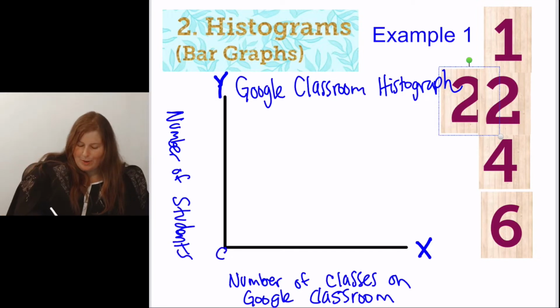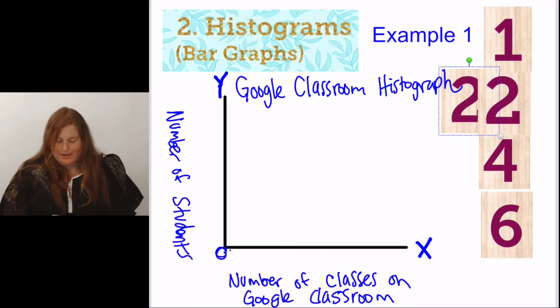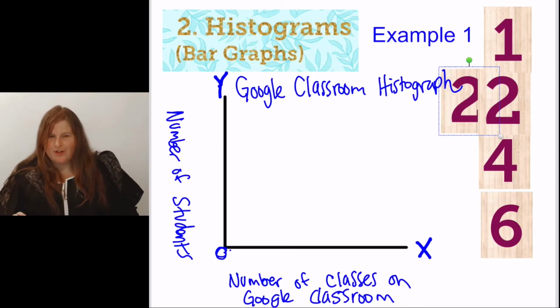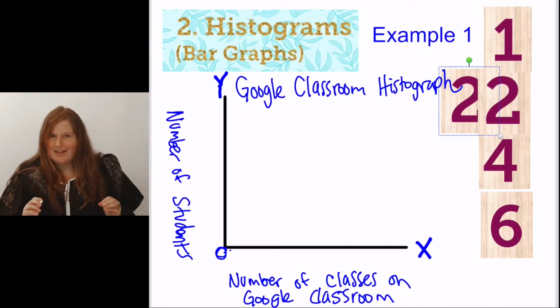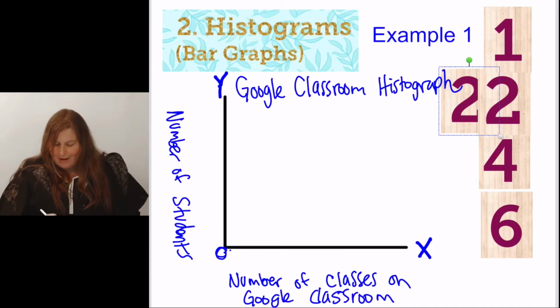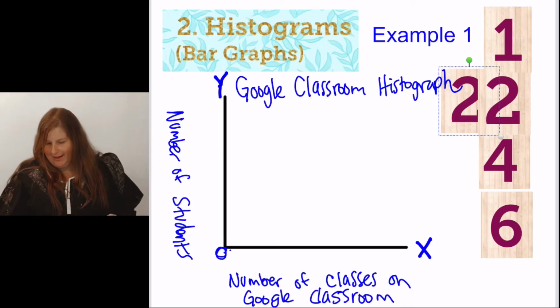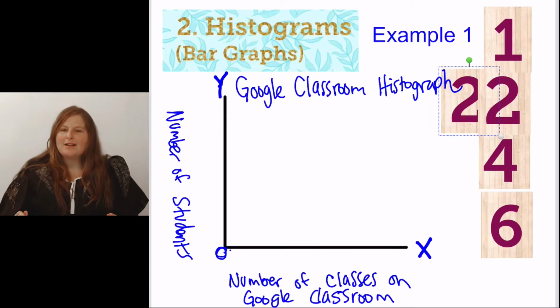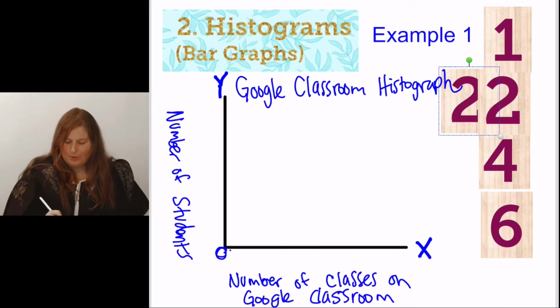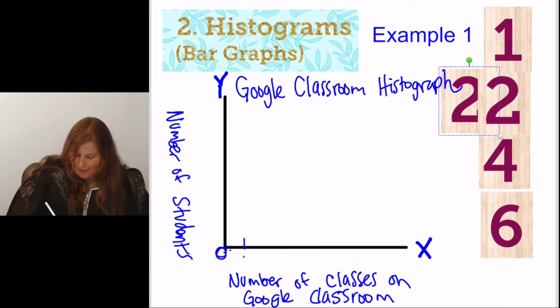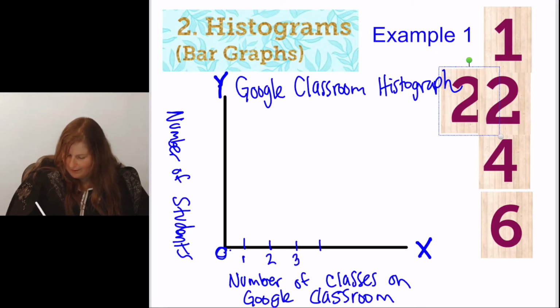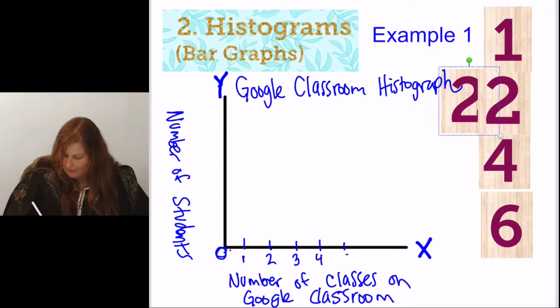Almost always, graphs should start at 0, which means down here at the origin or the corner of the graph, that should be 0. There's very rare exceptions, but a lot of times when you look at graphs that don't start at 0, they are misleading, so always check that. Now let's mark off how many different bars I need. I'm going to need one for 1, 2, 4, and 6, but just like a number line, I can't leave any numbers in between. So I'm going to say if that's 0, this is going to be 1, 2, 3, 4, 5,